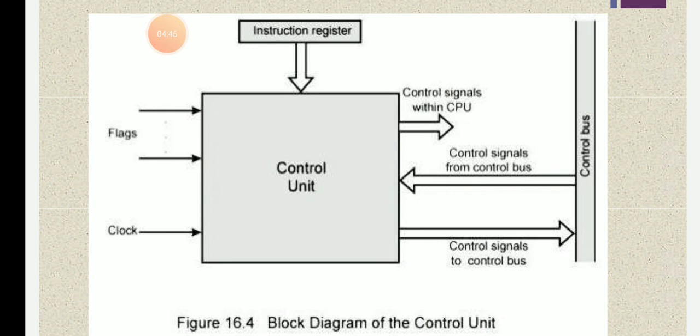So what is that control unit exactly? This unit controls the operation of all the parts of the computer. All the parts, whatever you are going to do: input, output, memory and all the operations of the arithmetic and logical unit.